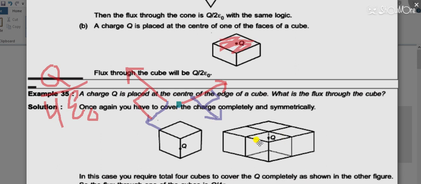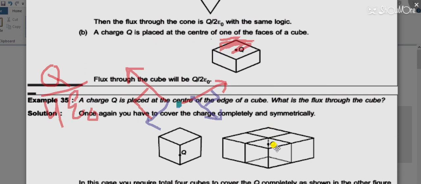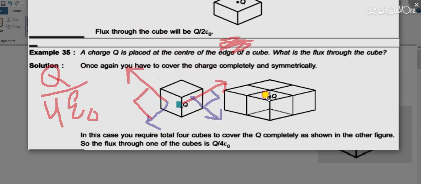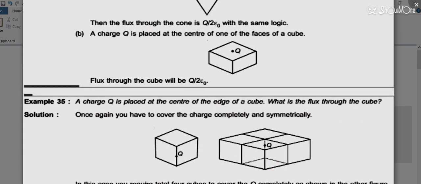And from the symmetry diagram you can also check. Okay, the symmetric diagram is not available, so we draw the symmetric diagram. You can take the screenshot, firstly take the screenshot of this question, then I will discuss again. I hope you have taken the screenshot. Now for the symmetry diagram, when I have drawn the symmetric diagram of this cube, you can see no flux will come out of the below surface, the top surface of one cube.